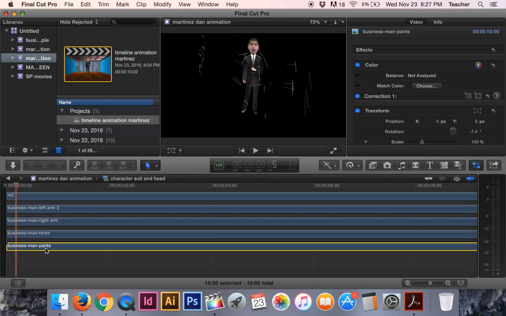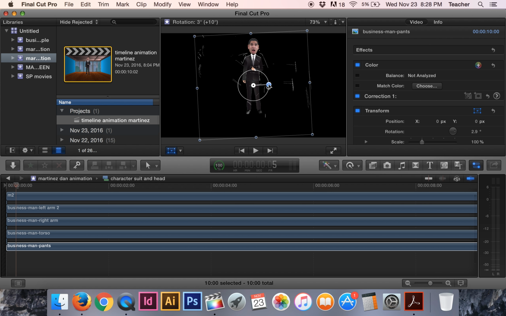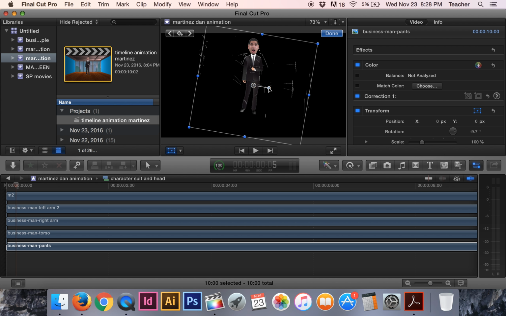We're going to select the transform feature one more time here. We know that it's selected when this is blue and there are blue dots all the way around the image. If I hold on to this little circle, I can actually rotate this a little bit. I want a very subtle rotation. You might start off here where it's nice and straight, and I don't want a very big rotation. I just want a very subtle rotation going on with the hips here. Now that I've done that,